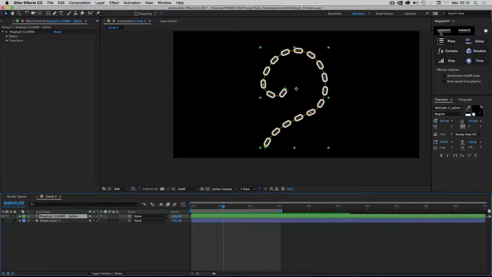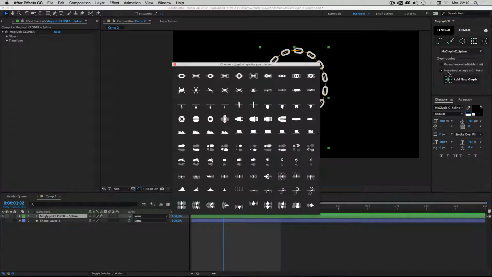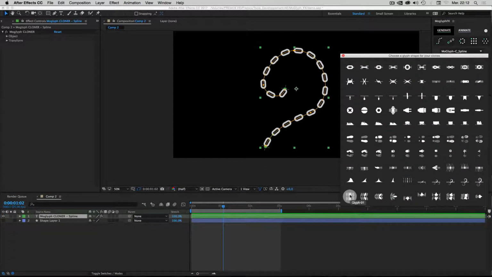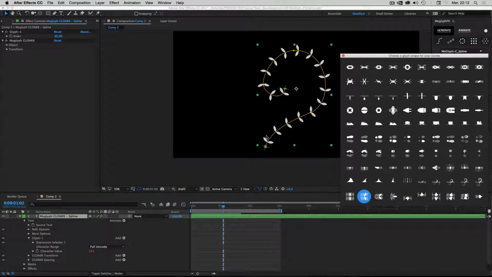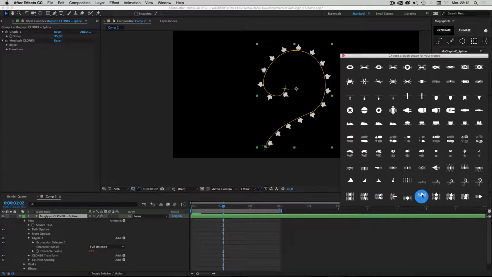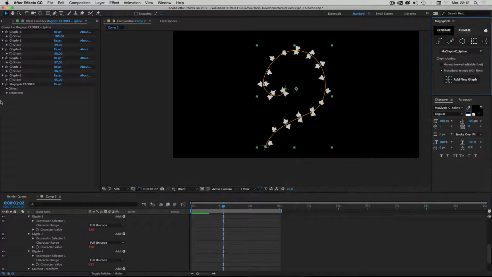Okay, so I can return in the generate tab, click on my Moglyph cloner, and click this time on these nice shapes here to create nice plants, or I can use the Eevee leaves that are really cool here. I can click on this, and maybe this and this. Okay, and I can